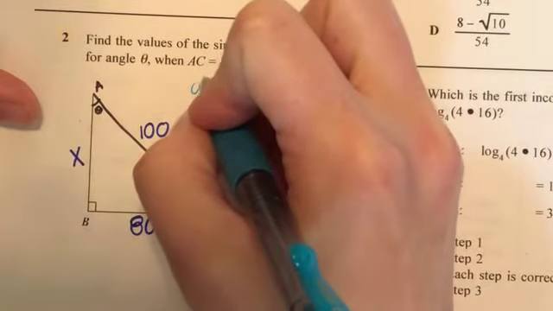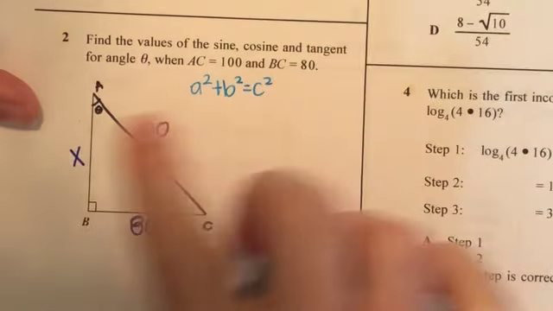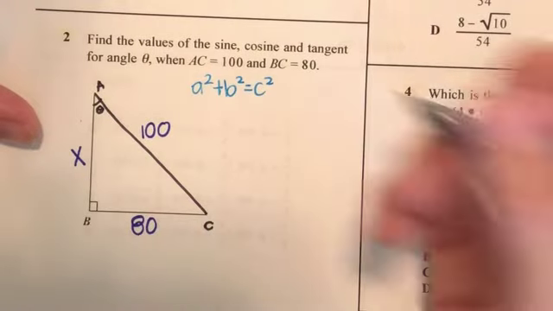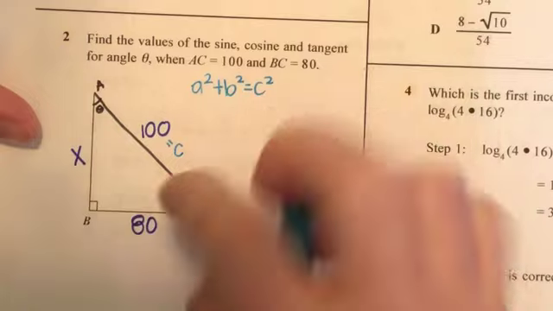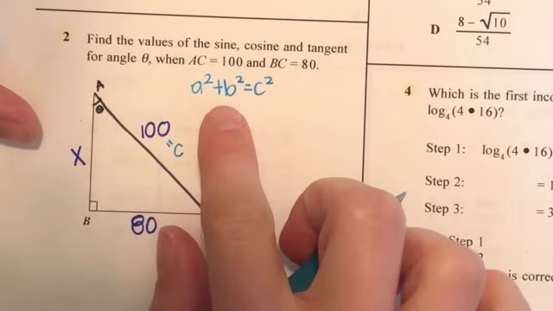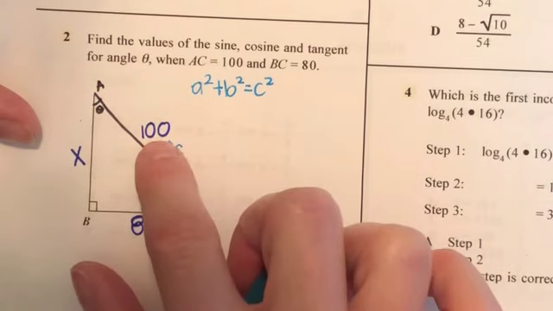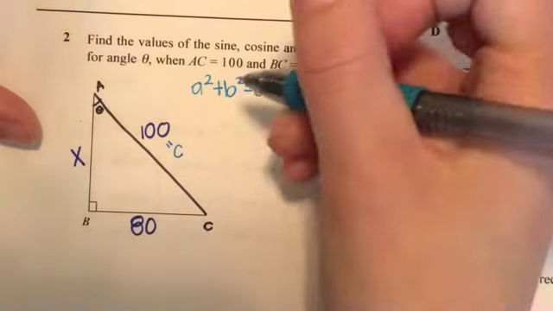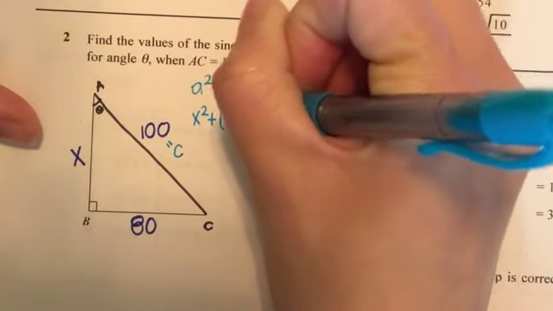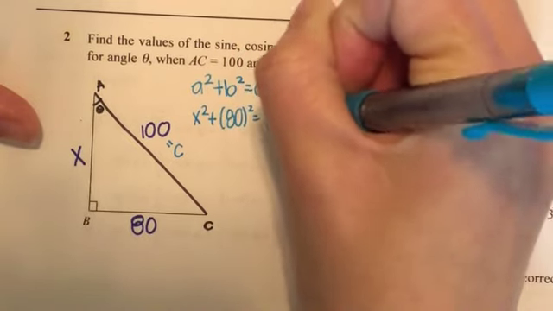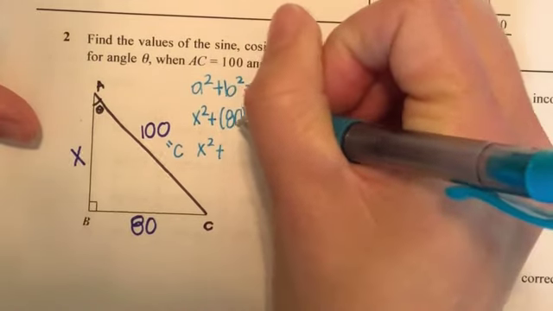missing side. So a squared plus b squared equals c squared is that formula that will help us solve for x. What we do want to remember in this formula is that your hypotenuse is always going to be the c that you plug in, and your a and b are the legs, so those are interchangeable for a and b, but definitely hypotenuse always gets plugged in for c. So when I plug in, x squared plus 80 squared equals 100 squared, so that's x squared plus 80 squared,